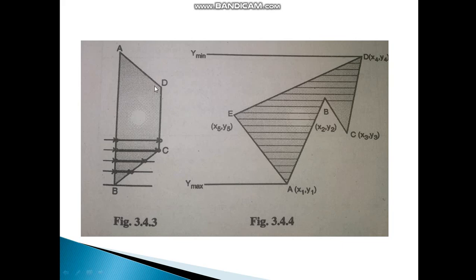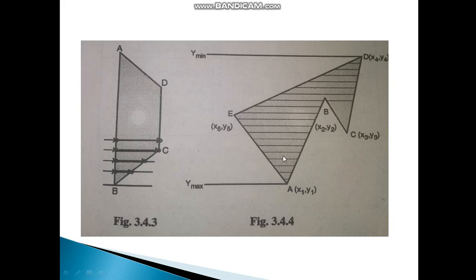So the process continues till it goes over the point A, edges AB and AD. If the scanline goes to the y min value of an edge, we find the next edge, that is, we draw the scanline for edges AB and AD. This happens when it is over the CD edge.